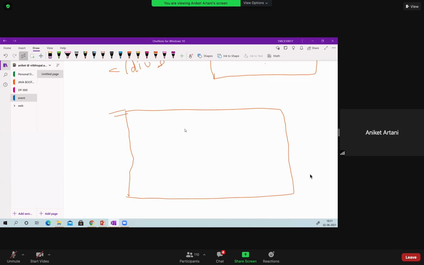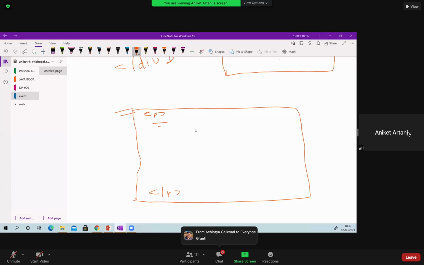This is your browser screen. If you use the P tag, your P tag starts from here and ends here, and in between these lines you want 3 or 4 lines to be in green color. Then there is no option to do this. To make it green, you need to make the whole paragraph green, and all the lines of the paragraph will appear in green.